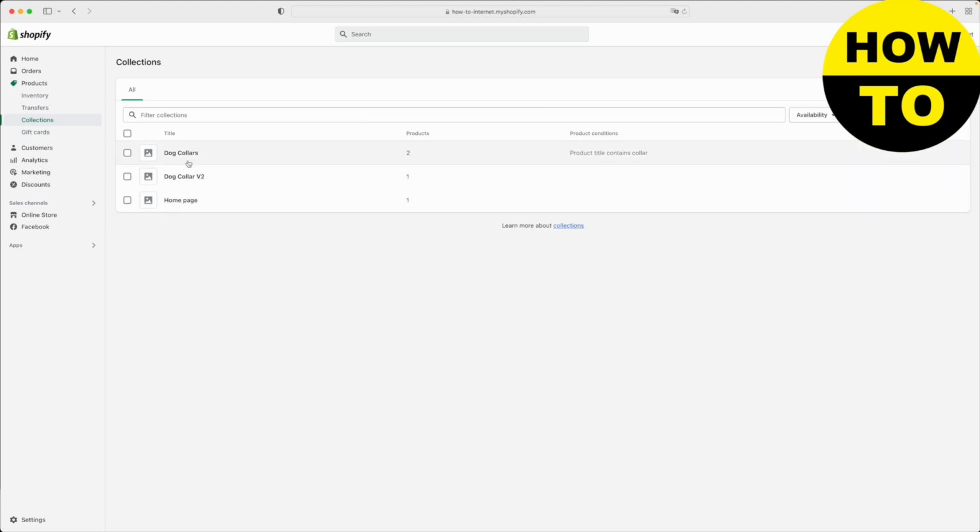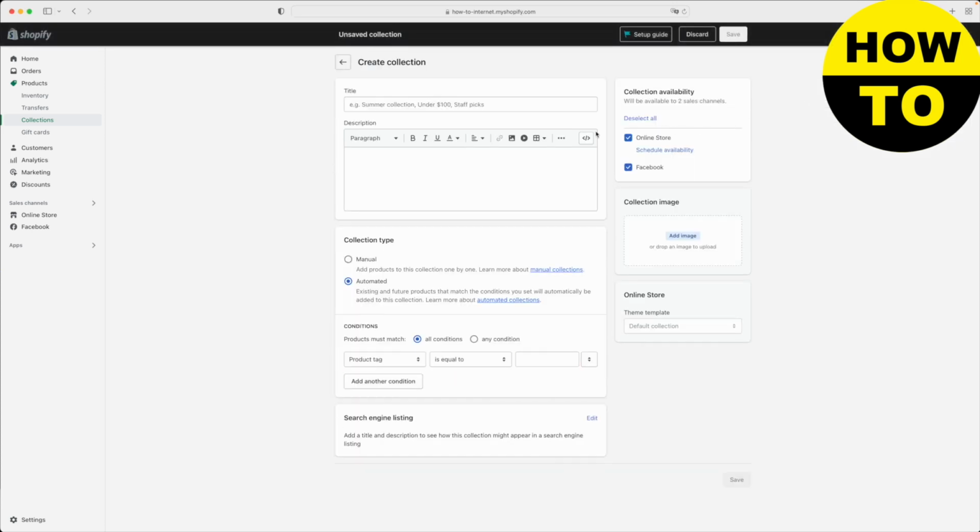So what you want to do is navigate to the top right corner and click this button, create collection. Once you click this button, you're going to be prompted to name your collection. So let's say, for example, that I'm going to say cat collars because I already have dog collars. You can add a little description for your collection, and then also here you're going to have the option to